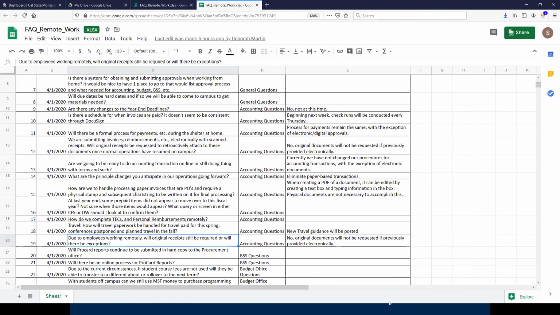What about the corporation side for invoices getting paid? What's the schedule? Are you doing weekly? What are you doing for your check runs? Correct. Our intention is to do weekly, this week being the exception. With the holiday, we did not do a check run this week, but we will resume our weekly check runs Monday. That is our intention. If that changes, I will advise.